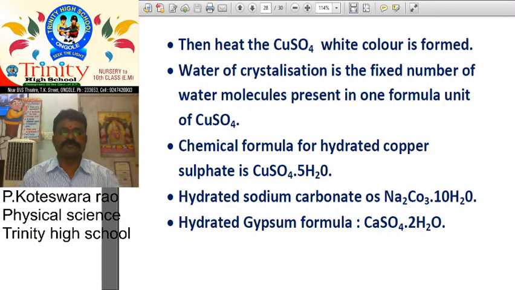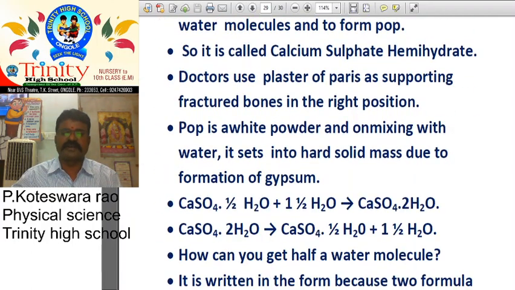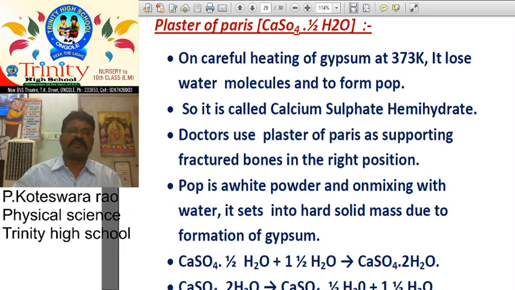What is the formula for gypsum? Hydrated, not only gypsum, it is Epsom salt. What about hydrated Epsom salt formula? MgSO4·7H2O. It is not there in principles of metallurgy, we will discuss about that one. And after that, plaster of Paris, also called calcium sulfate hemihydrate. How is it prepared? When gypsum is heated at 373 Kelvin, it loses some water molecules